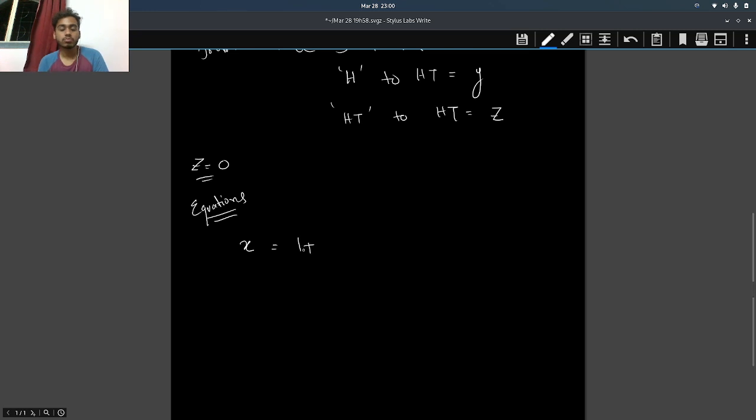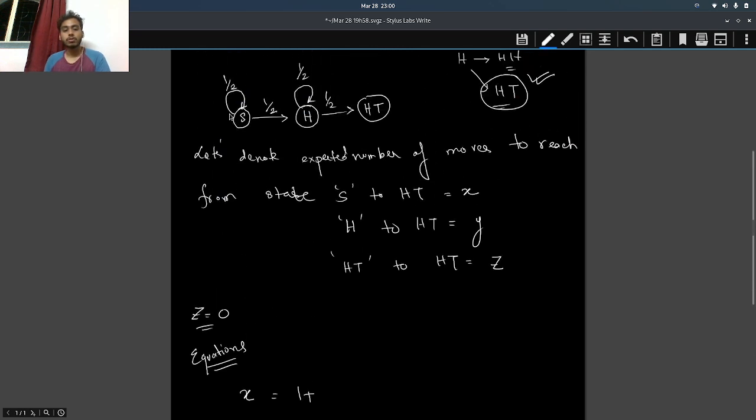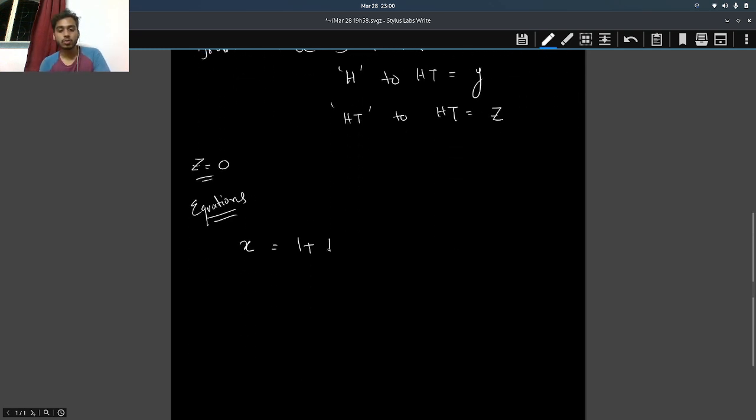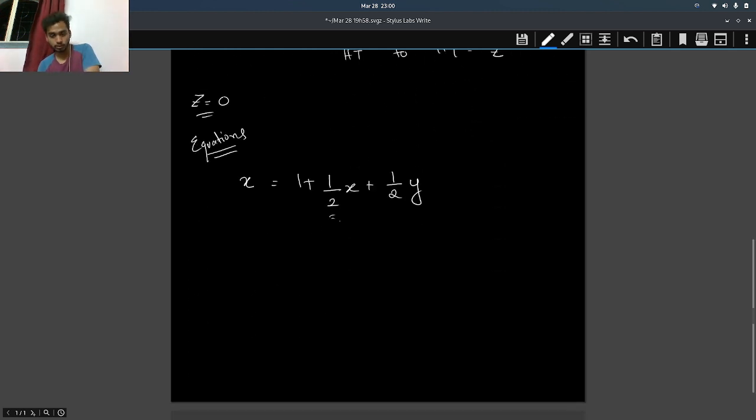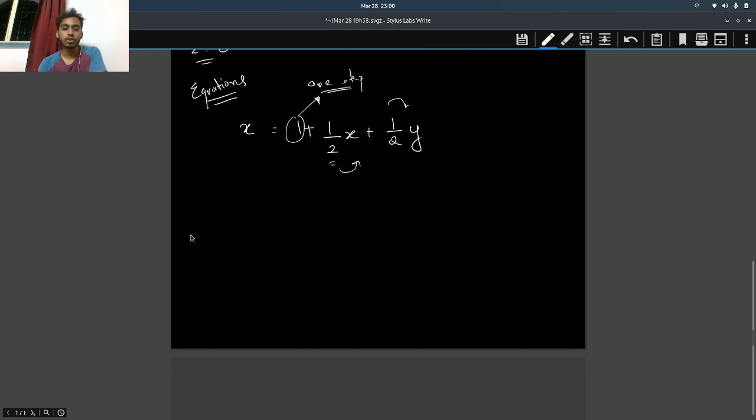now we toss the die, sorry, toss the coin, right? Now we have probability half of reaching its own state, either we reach itself or we go to H, right? There's a half probability of reaching itself and half probability of reaching Y, and this plus 1 is added because we have moved one step, we have tossed one coin, right? So X by 2 equals 1 plus Y by 2. This is equation number 1.